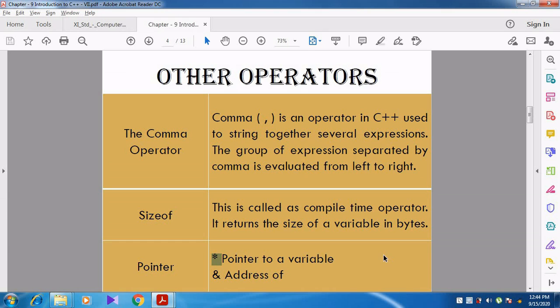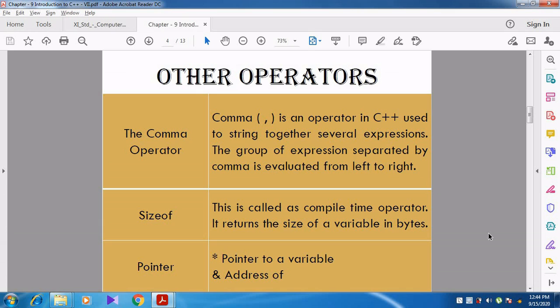Here the asterisk represents a pointer to a variable. Simply, a pointer variable is used to store the address of another variable. We can discuss this in detail in later videos.